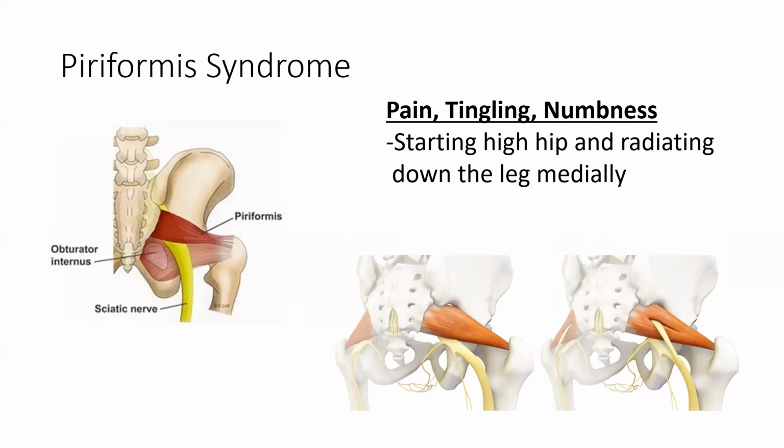Specifically, when we see sciatic nerve pain, or if you've heard of the sciatic nerve or something like sciatica, the sciatic nerve runs directly through or just underneath, just deep to piriformis. And if piriformis has tension, inflammation, or is overly hypertrophied, it can cause compression on the sciatic nerve. Compression on the sciatic nerve will cause pain, numbness, tingling down the posterior lateral hip and down through the leg, all the way down to